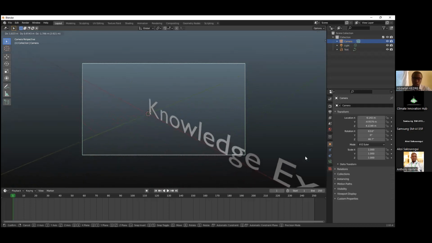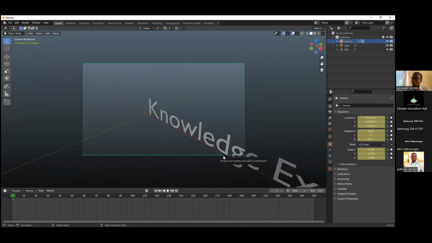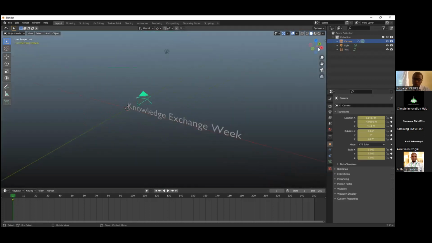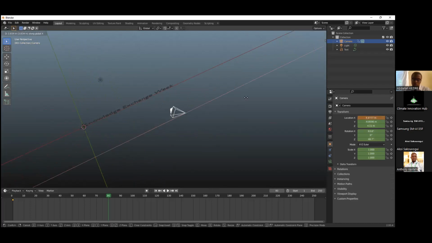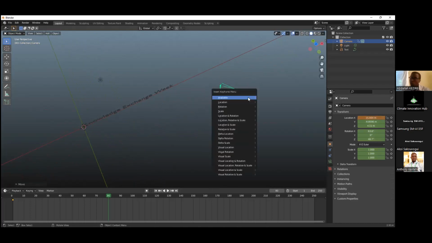And I just got an idea. This is the initial position of my camera, and I memorize it on frame 1 of my animation. You'll see something appear as a point here. It means that I've memorized this position of my camera. Now I can navigate in my software. For now, don't think about that. Think it's natural. So initially, this is the position of my camera, and I go to frame 80, for example, and I drag my camera to another position like this, and I memorize it also.